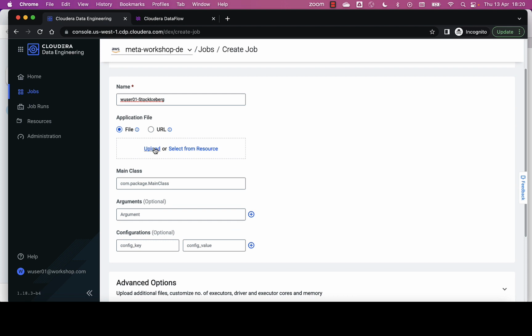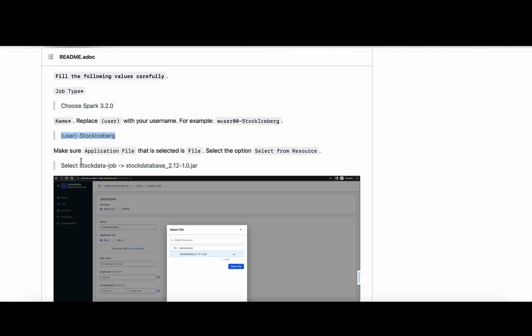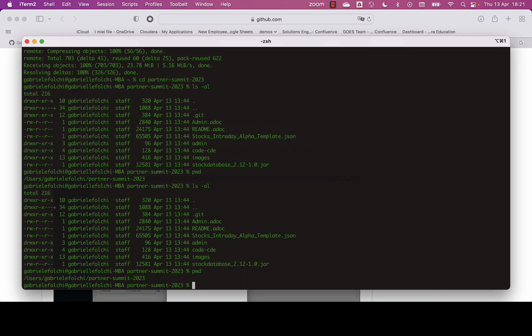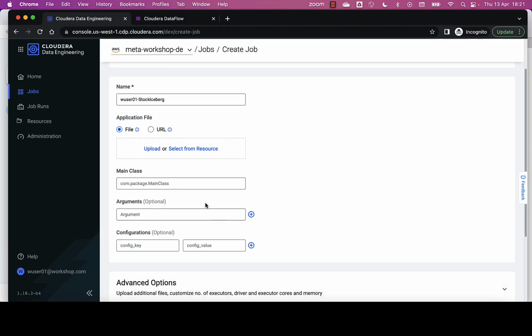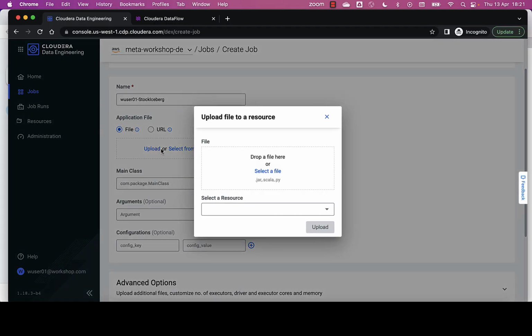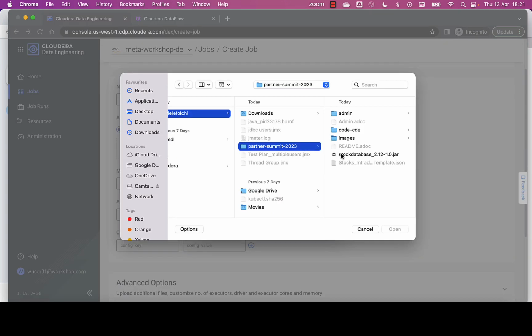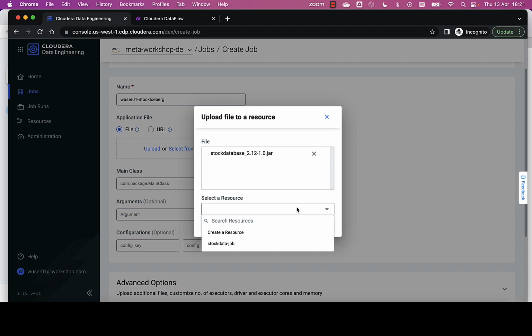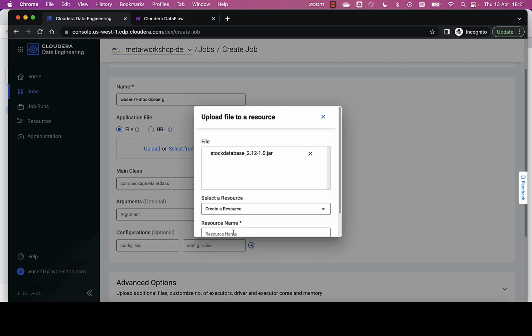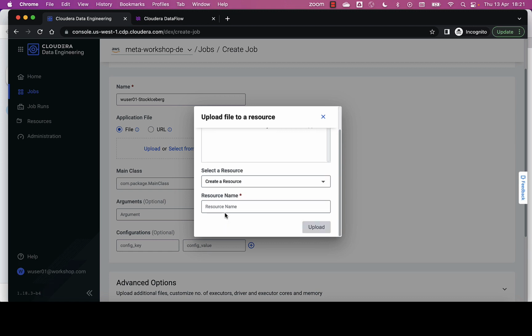Now it's time to upload the actual Spark application. You may recall that we just downloaded it with the GitHub repo initially. So this jar file is just under the root of your cloned repo locally. That means you can upload this jar file with this wizard, selecting it and associating it with the resources. Resources is a local repository of jar files or Python files